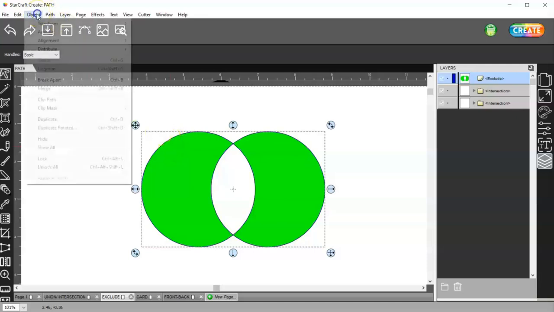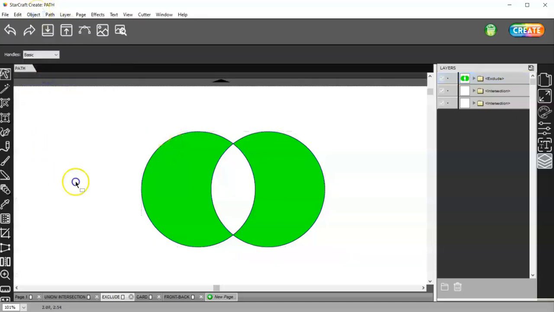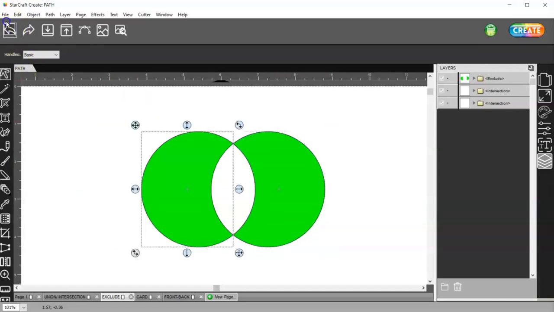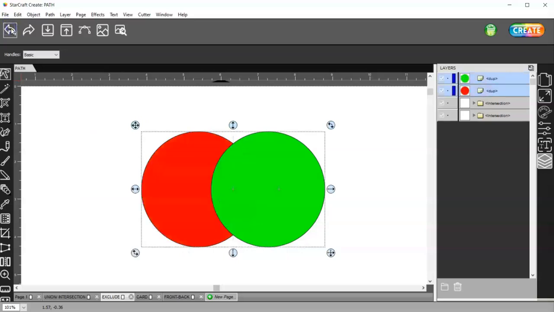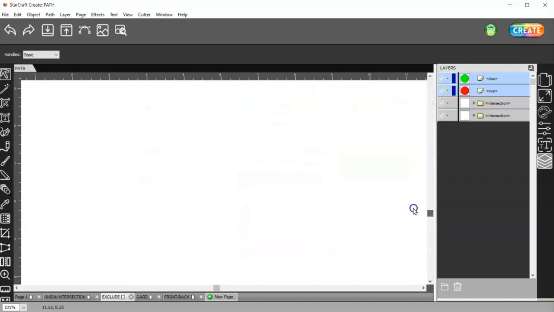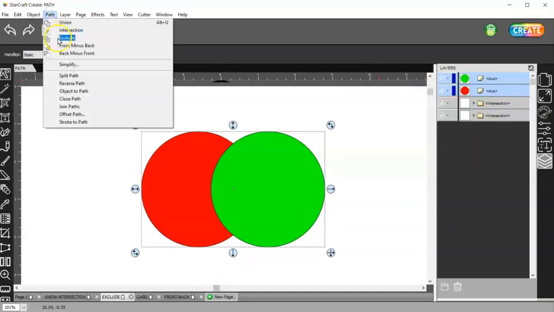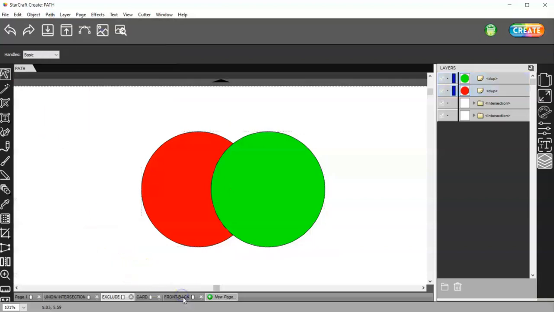Now I can go to object break apart and I can move those apart. Okay, so let me get back to here. And then also for exclude, I have,